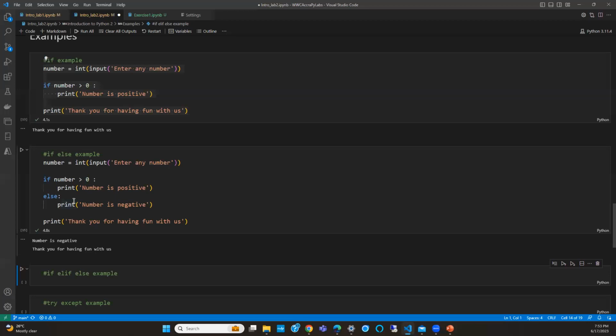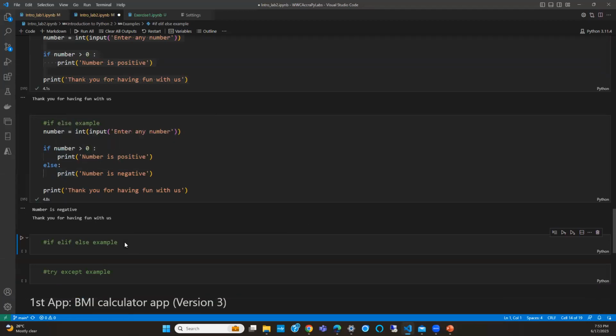So now that we have this, for this condition, we had just if it's greater than 0 it's positive, otherwise it's negative. Let's say we have a scenario, and we meet such scenarios a lot of times, where it's not just an if or else scenario. It's if this happens, else if this other thing happens, then do this. If this other thing happens again, do this.